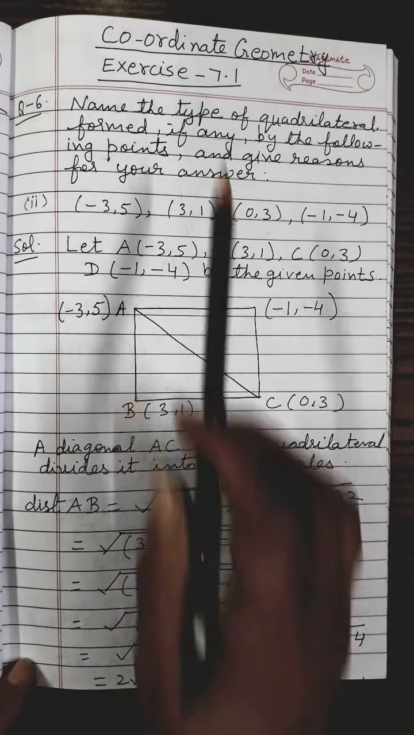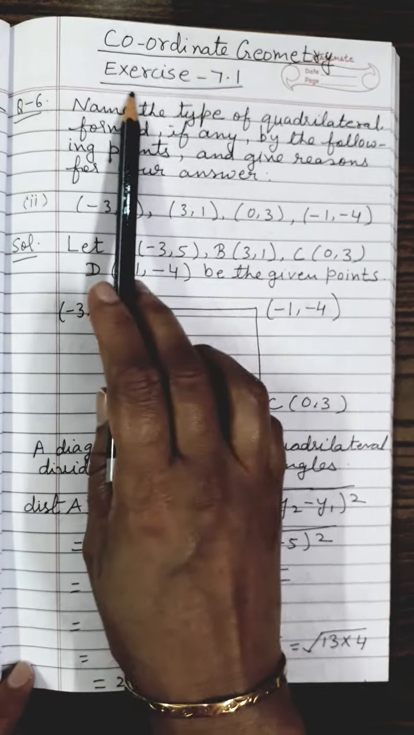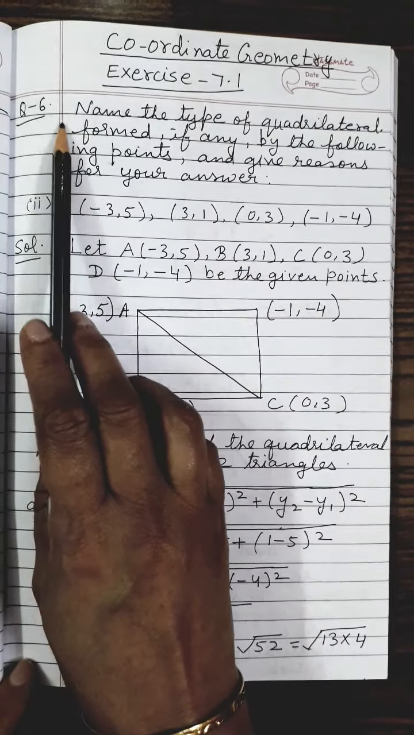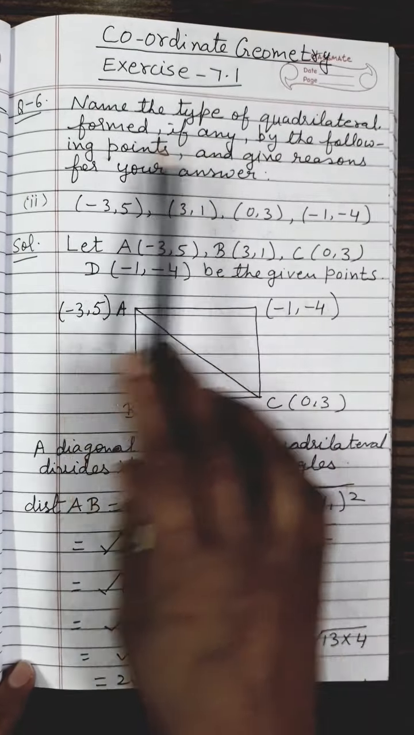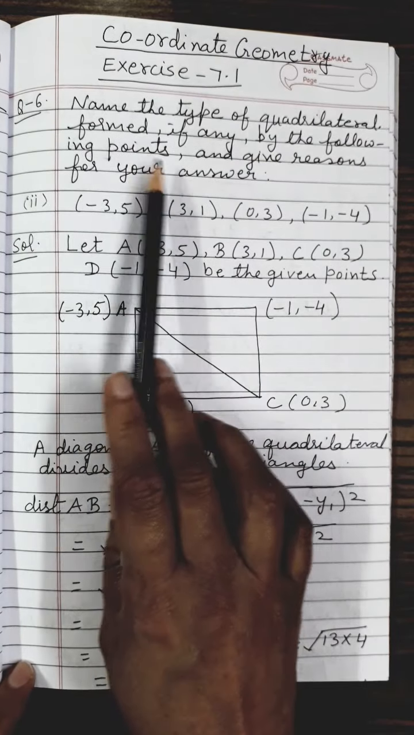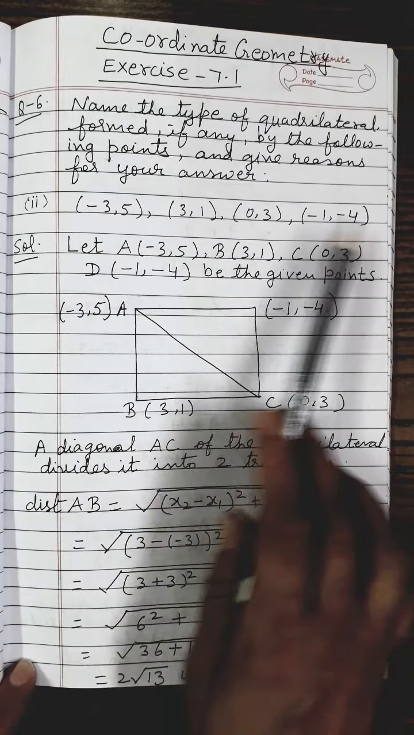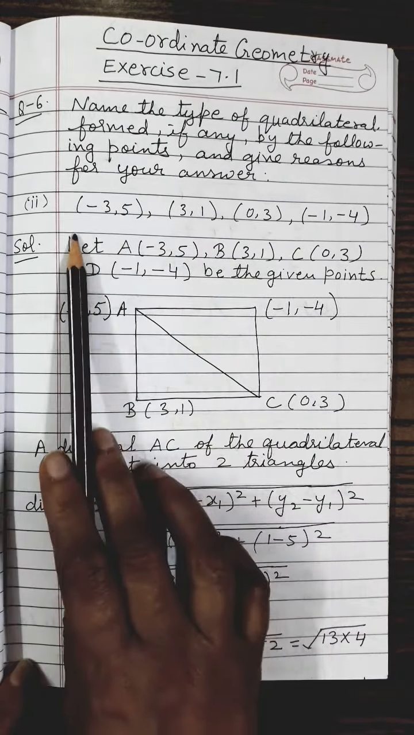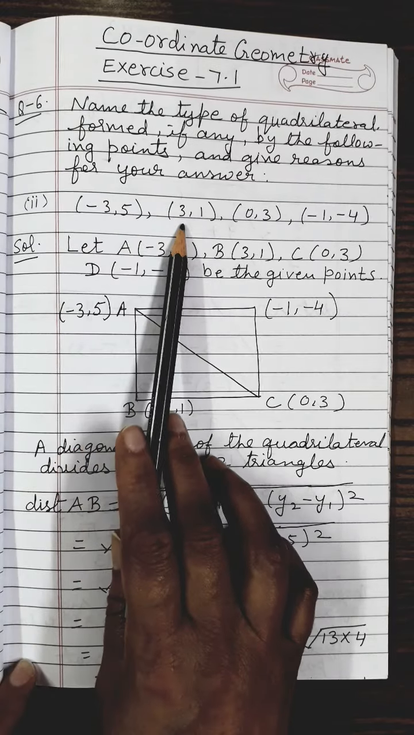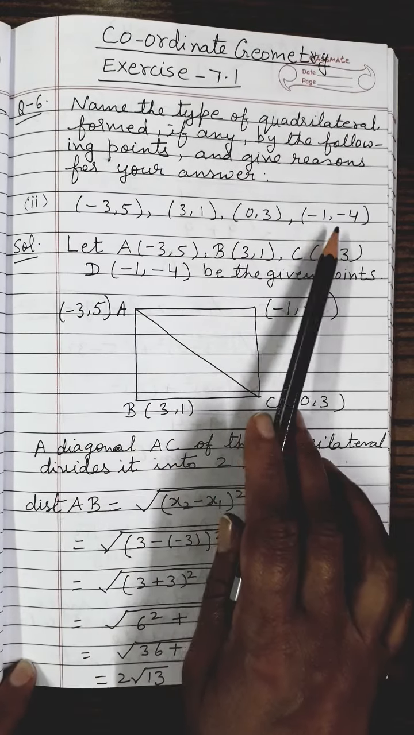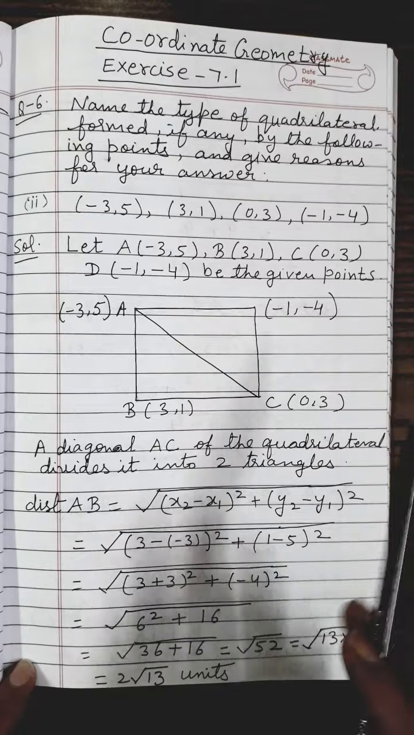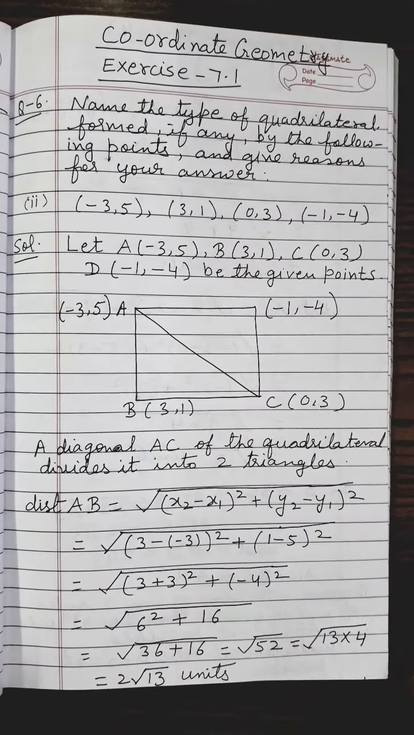Today I am going to teach chapter coordinate geometry, exercise 7.1, question number 6. Name the type of quadrilateral formed, if any, by the following points and give reasons for your answers. These are the four coordinates given for the four vertices of the quadrilateral: (-3, 5), (3, 1), (0, 3), (-1, -4). So in order to do this type of question, you need to know properties of certain types of quadrilaterals,